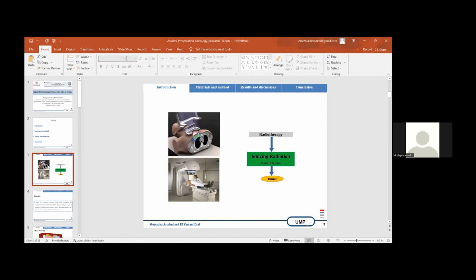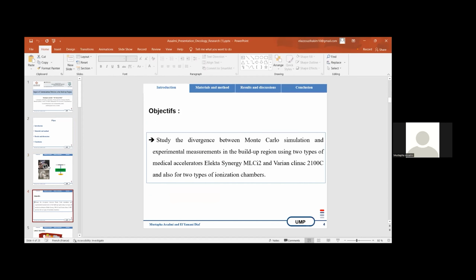Radiotherapy consists, in principle, of irradiating the tumor volume with ionizing radiation. The beam of radiation is regulated in energy and size according to the depth of the tumor. The objective of this work was to study the divergence between Monte Carlo simulation and